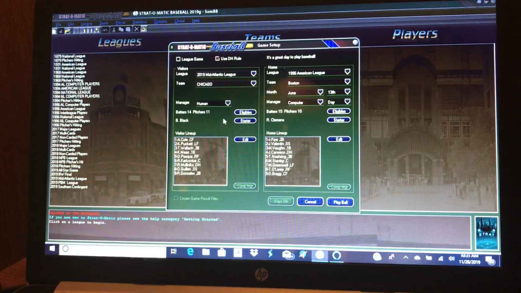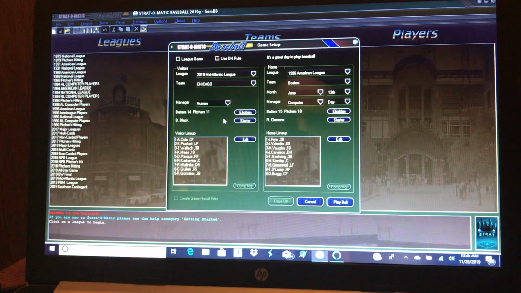Now, in the past video, I said that I would be playing my White Sox against the best teams of different eras. Well, turns out I'm not really going to do that because I had some practice games, and it turns out that these 1991 World Champion White Sox were really not that good. So I'm just going to do various series against the 1996 American League teams, beginning with Boston.